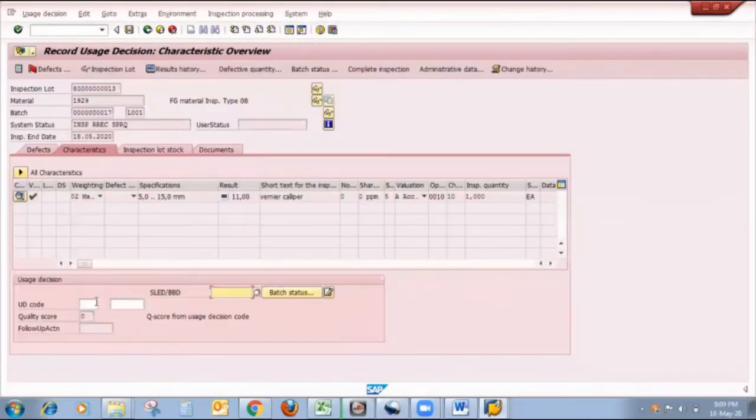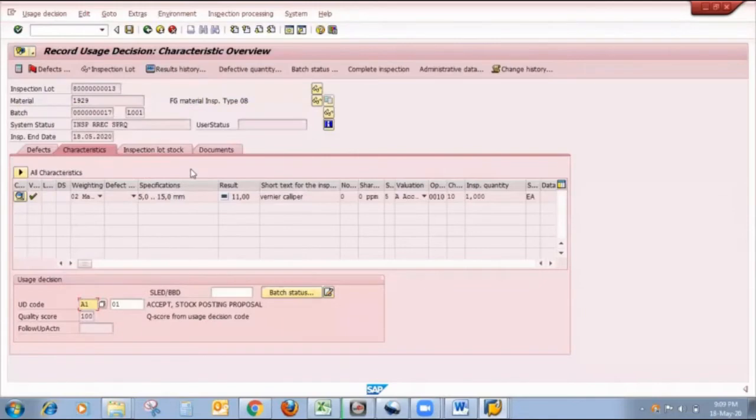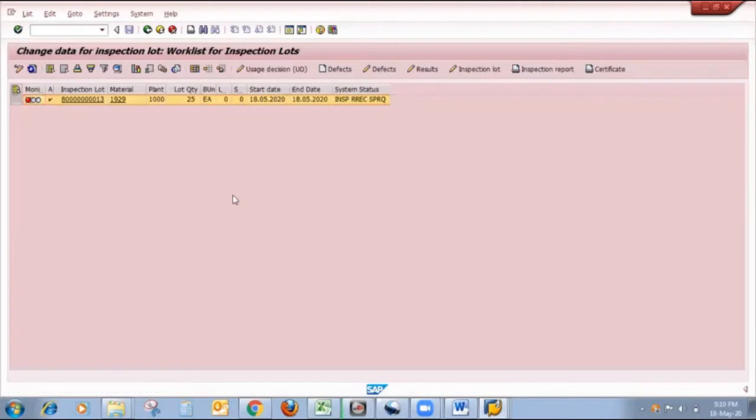So I want to accept this inspection lot because my results are within specification. In the inspection lot stock, I want to put all quantity towards unrestricted and I want to save it. After refreshing, the system status changes, a green light comes, and the system status is UD.